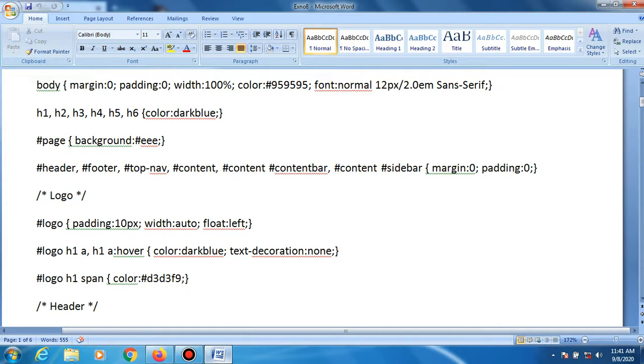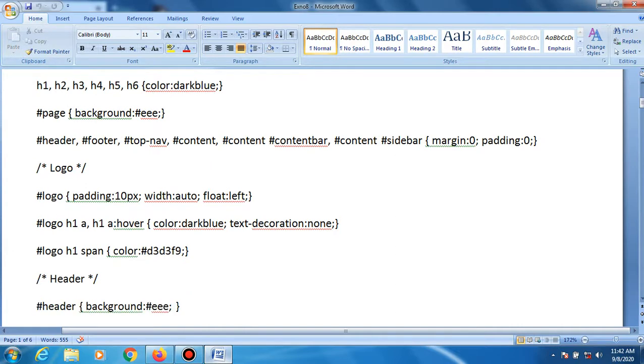You need not create the entire web page, so it is also highlighted using slash asterisk logo, then asterisk slash, so the HTML program does not consider this line. So here the logo color is dark blue, and you can change the color to dark red, yellow, red, blue, white, etc.